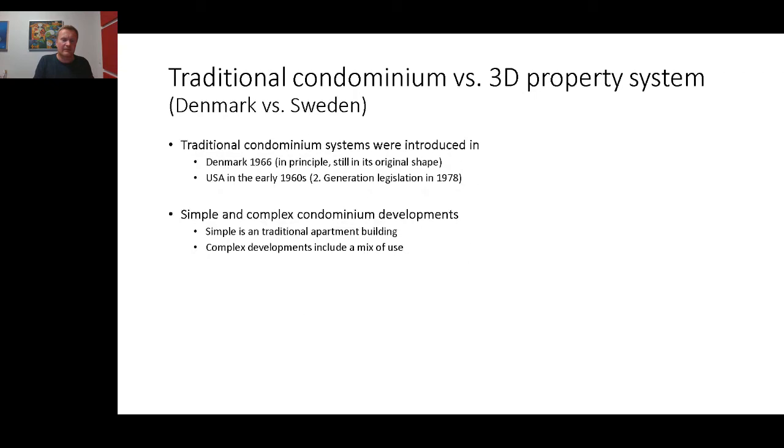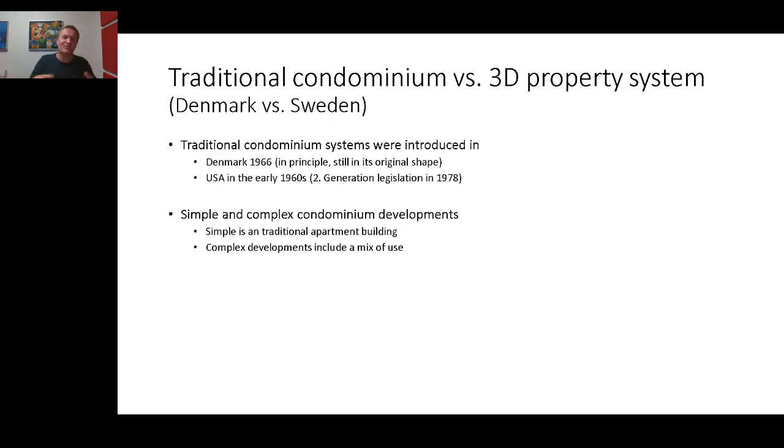So we believe that it's fair to talk about simple and complex condominium developments. The simple condominium developments were the ones that the condominium legislation from that period was designed to handle. And we're talking about traditional staircase apartment buildings with only one type of use, or maybe a shop in the ground floor. Whereas the complex is more for the multi-purpose buildings, where